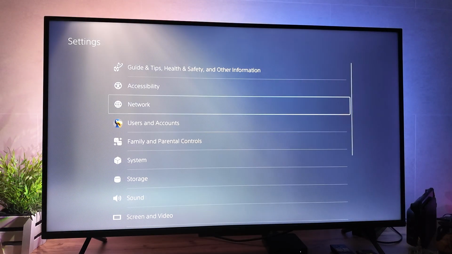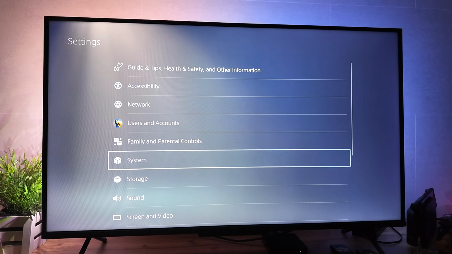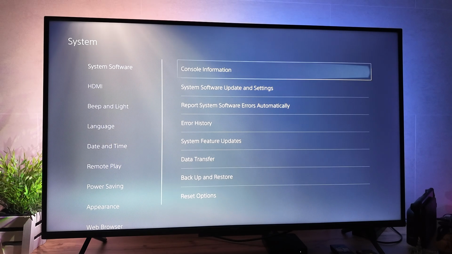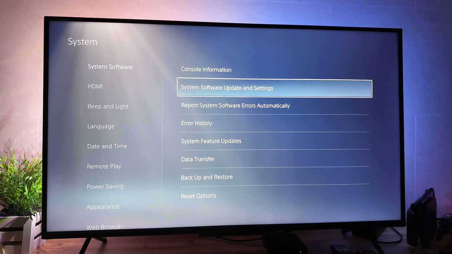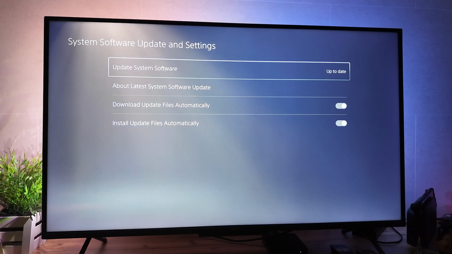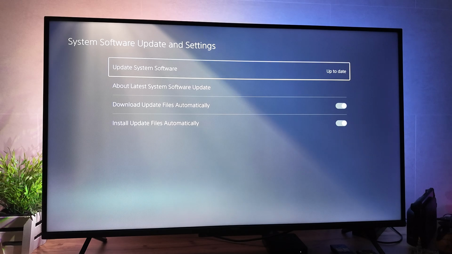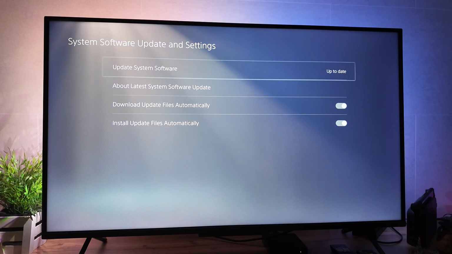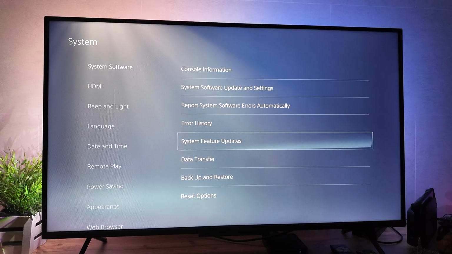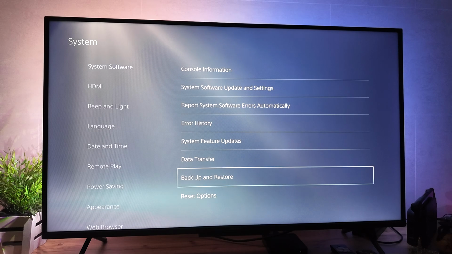First, go into the settings. Then you want to go and select System. Here, go into System Software Update and Settings. And here, make sure that you have the latest version of the software for PS5. Now, once you have done this, if it still doesn't work or you get this error, then we will go